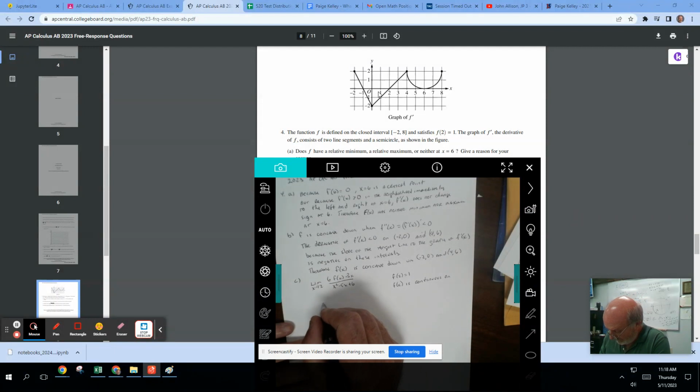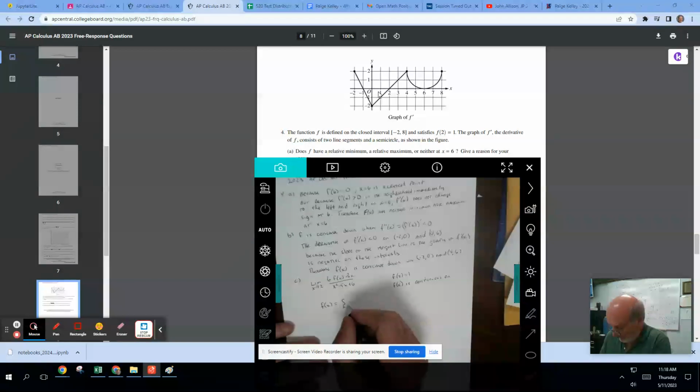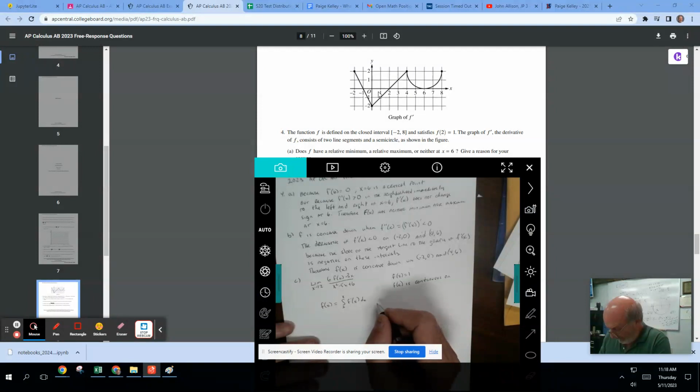We could just say define f of x as the accumulator function from 2 to x of f prime of t dt. The function is continuous